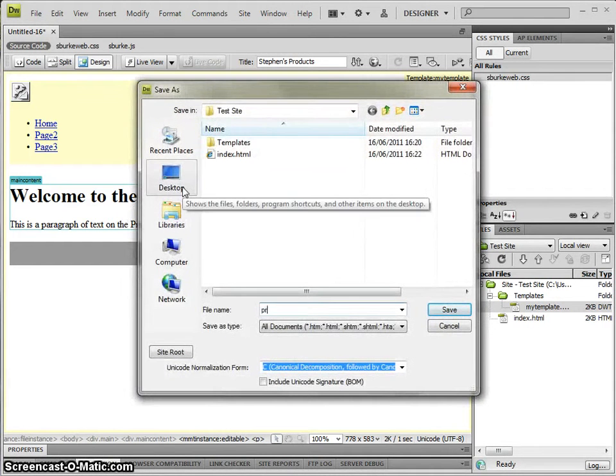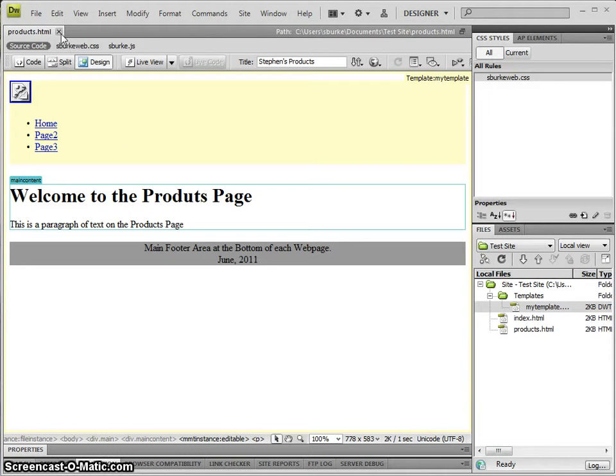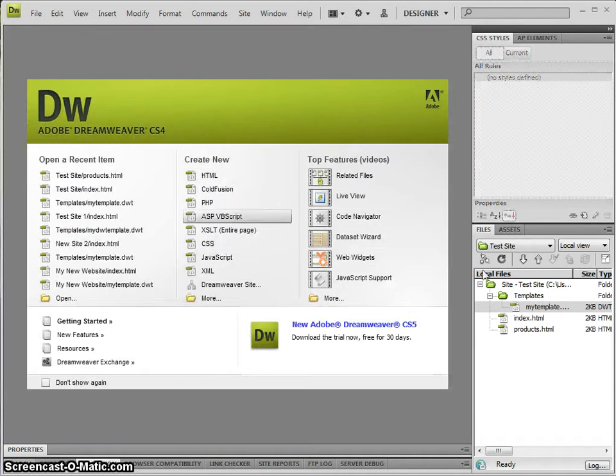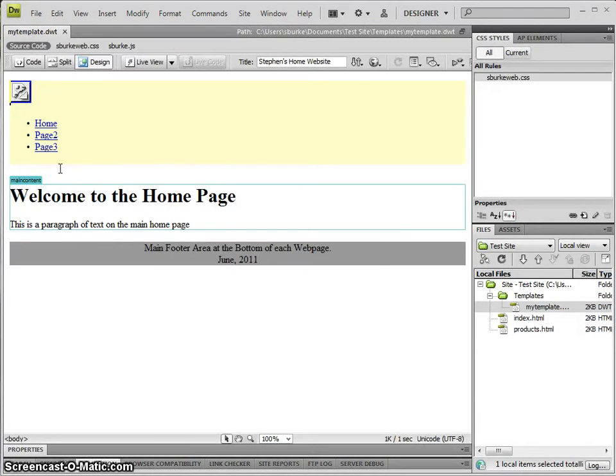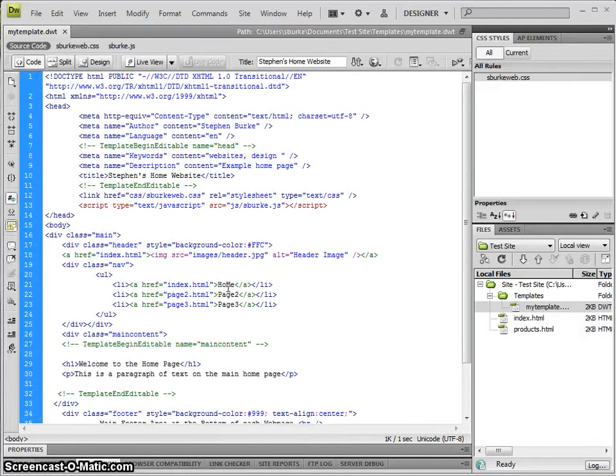And so on. Products. If I open up my template and go to the code,